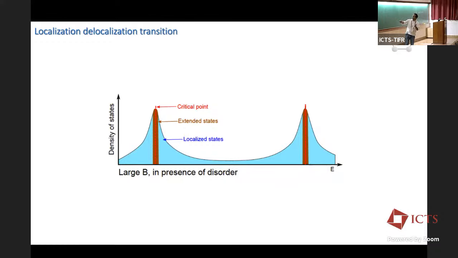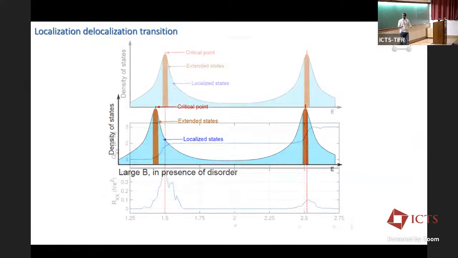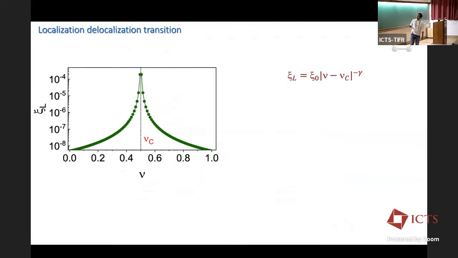So the transition between an extended state to another extended state has to necessarily pass through an order-disorder Anderson kind of localization transition. And this is a continuous phase transition. So whenever you have this continuous phase transition, of course, you have an order parameter, you have these critical exponents. For example, you can ask yourself, how does the localization length vary as I move from one plateau to another? And you can see here that the localization length, since it's a second order phase transition, it will go as nu minus nu c, where nu is again the topological quantum number and with an exponent gamma. And that is what we want to measure.